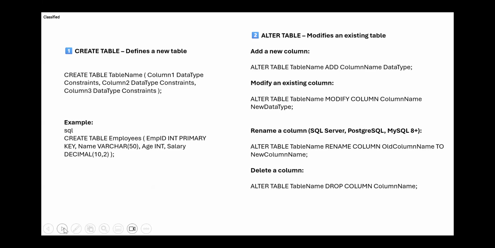So here I want to create a table called employees, and the columns or attributes of this employee table are, first one is employee ID, which is an integer and it's a primary key. The second column is name, which is varchar and it has 50 spaces. The third column is age, which is an integer, and salary is the fourth column, which is a decimal format and can accept 10 spaces. Okay, and 2 after the decimal. So here you go. This is exactly how you write any create table.